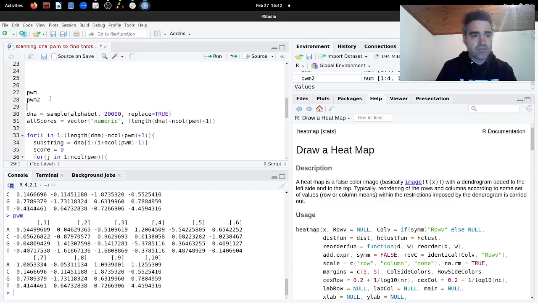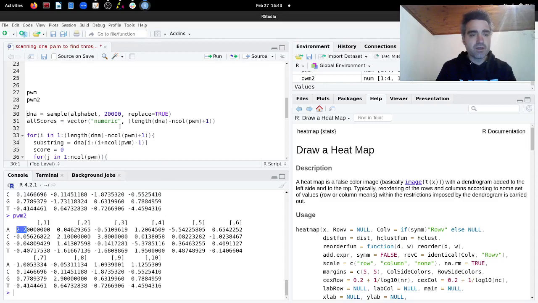And the PWM2 in contrast is a bit different. In some locations at least, there is a very strong preference. Like in the first position here, there is a strong preference for A. In the second position, there is a strong preference for C. In the third position, there is a strong preference for C as well. In the eighth position here, there is a strong preference for G, and so on. So these two matrices differ in their quality, and we will see if they really behave differently in a random